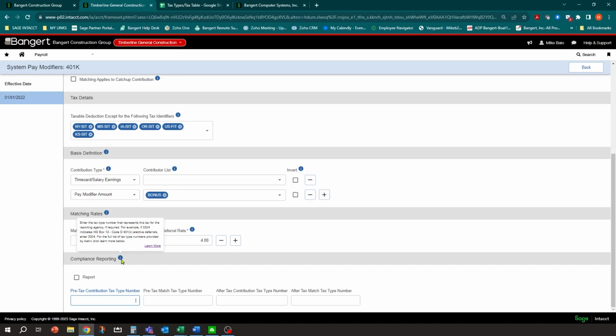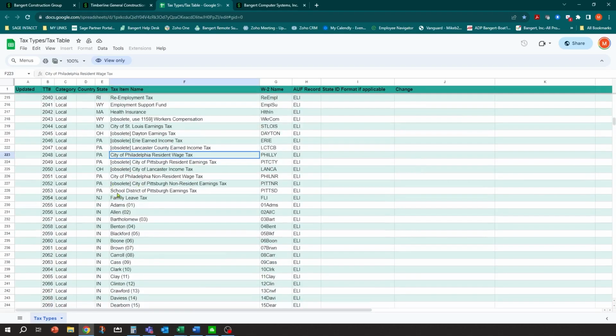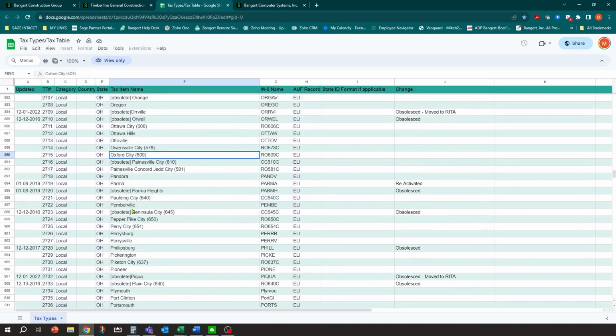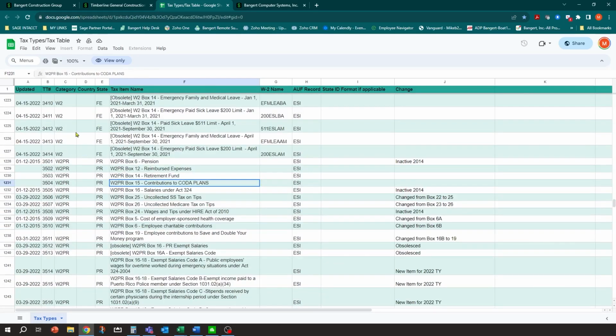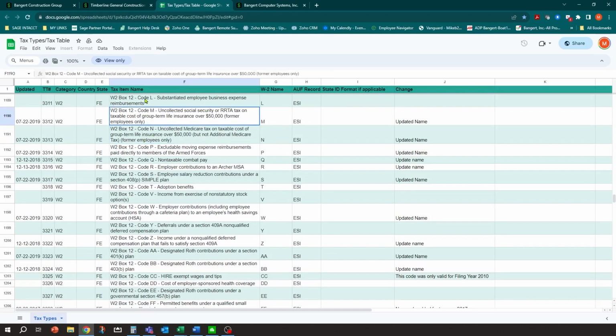You have a tax type. For example, if it's 401k, 3304 indicates box 12 code D. Okay. And again, if I click on the learn more, it's going to open up that field for me. Now I still have it open over here, so I don't need to click it again. But what I can do is page down. You could download this and make your own filters on it, but I'm just paging down until I get to W-2s. There's a lot of local stuff in here, but you can go down pretty quick. There's your W-2 information, and you'll notice there's all the fields for W-2 and what needs to go where.